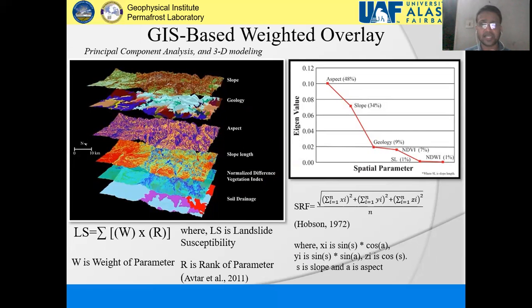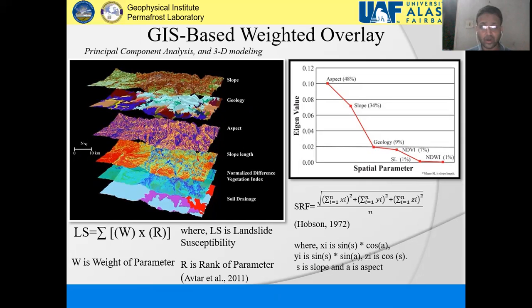The landslide susceptibility map was created using a weighted overlay approach by integrating 6 terrain variables, namely slope, slope length, geology, aspect, vegetation cover, and soil drainage. I used the principal component analyses, or PCA, a mathematical procedure which transforms several possibly correlated variables into a smaller number of uncorrelated